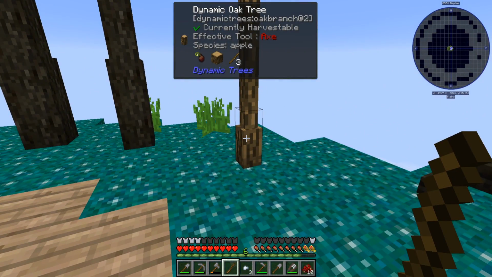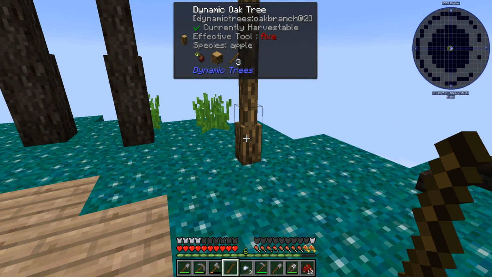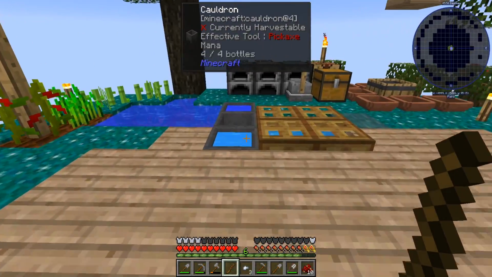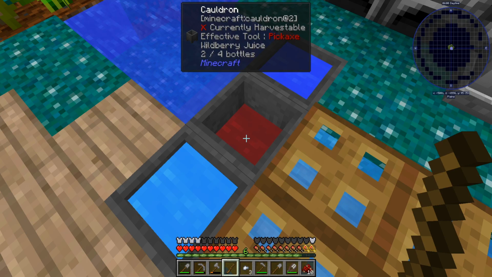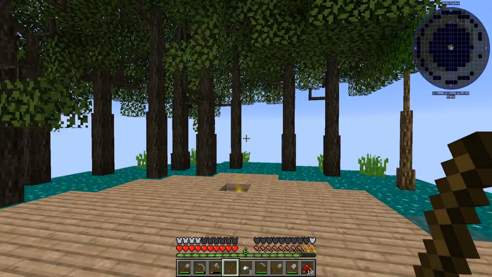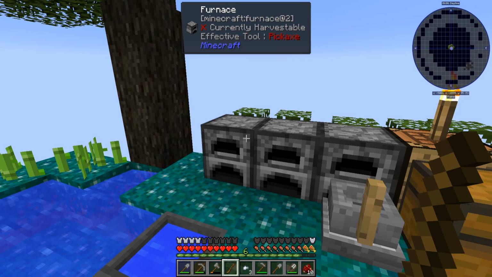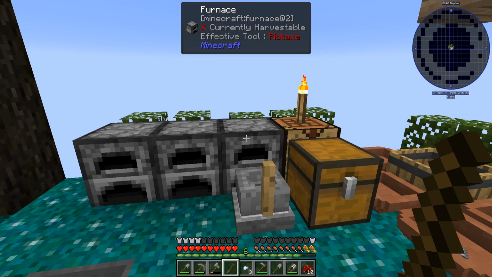I did accidentally make a dynamic oak tree from like an apple sapling or something, so maybe I'll end up getting some apples, but I dropped some seeds into this cauldron here with the wildberry juice and got that. I also put down a couple more cauldrons. I started smelting things up and doing charcoal so I could actually be efficient in what I'm making